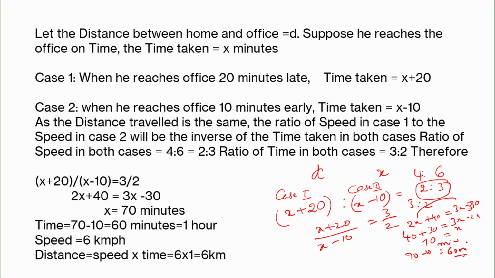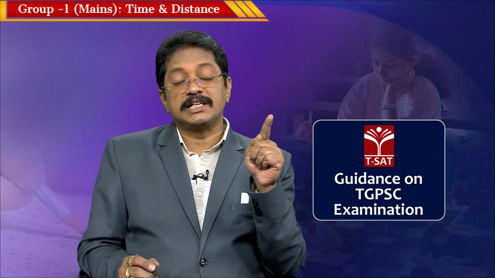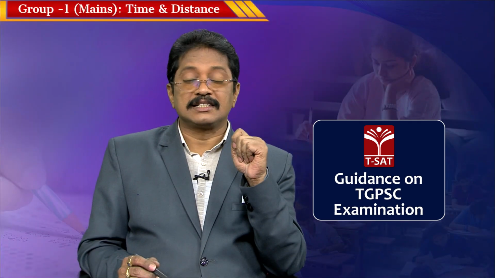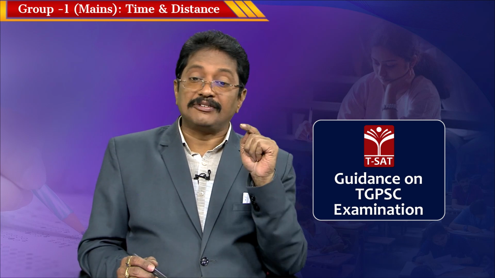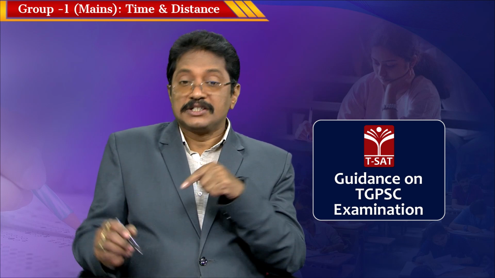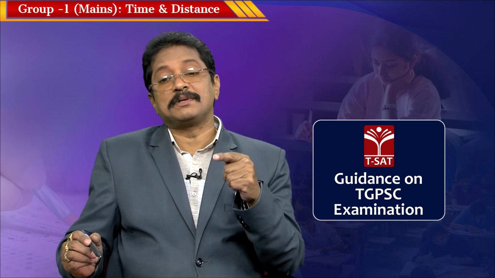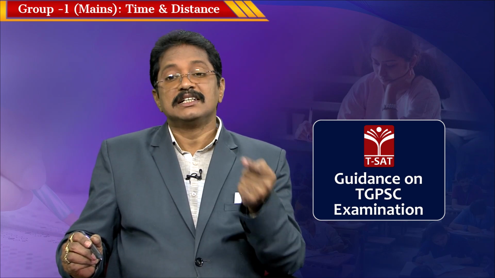Correct? You know the distance is equal to, what is the distance? Distance is equal to speed into time. What is speed? 6 kilometers per hour. What is his time? The actual right time to reach is 70 minutes, but when he travels at a speed of 6 km per hour, he will reach 10 minutes earlier, means 70